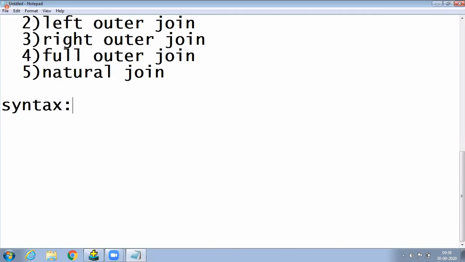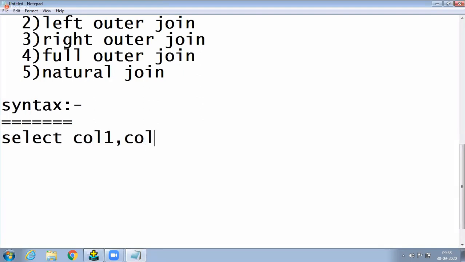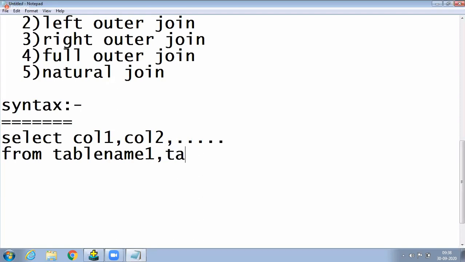What cross join means, later, but first observe the syntax, write it. Select number of columns, whatever columns you want to display, from table name 1, comma, table name 2, like this, with a number of tables also.